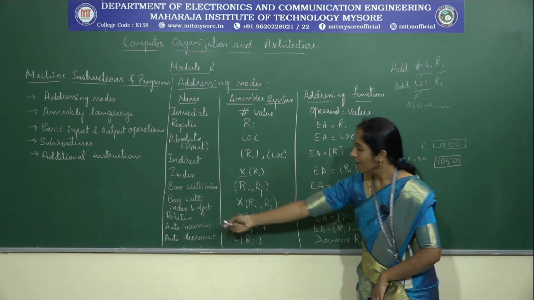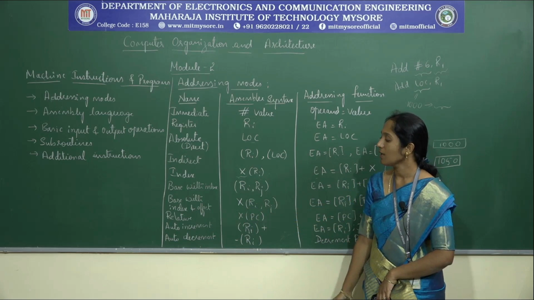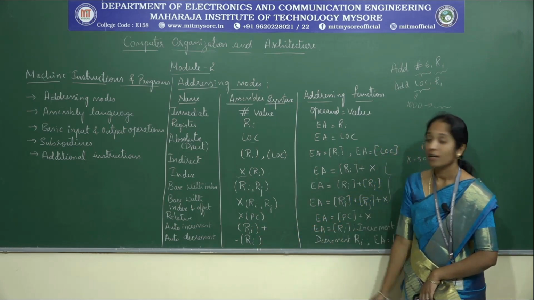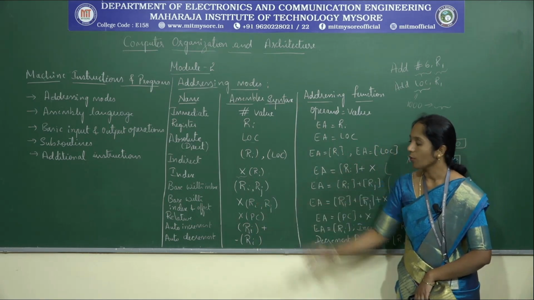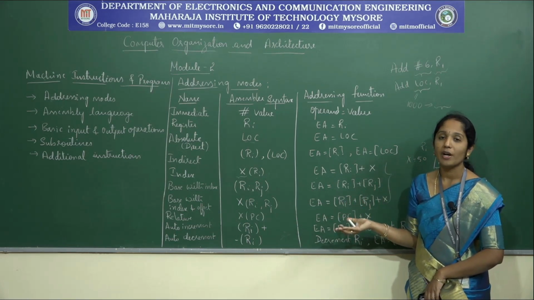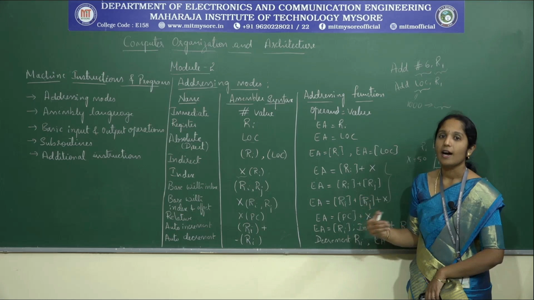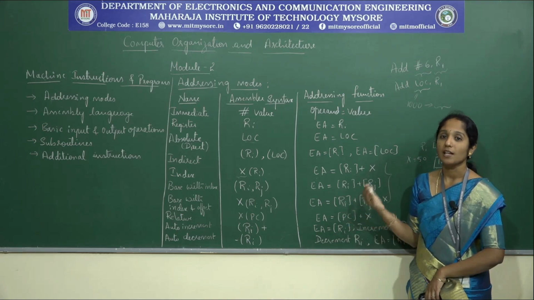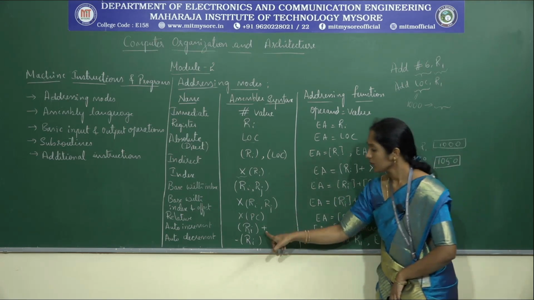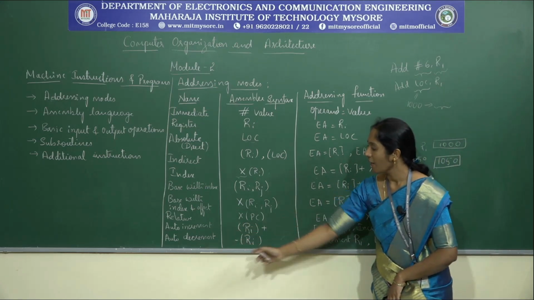And next we have the other two types of addressing modes, auto increment and auto decrement. Here we have contents of Ri plus as the syntax for auto increment. In this, the contents of the register Ri will be incremented depending on the word length of the computer. If it is 16-bit, Ri plus increments the Ri value by 16 bits in the sense that the next memory location is obtained as the result of increment.